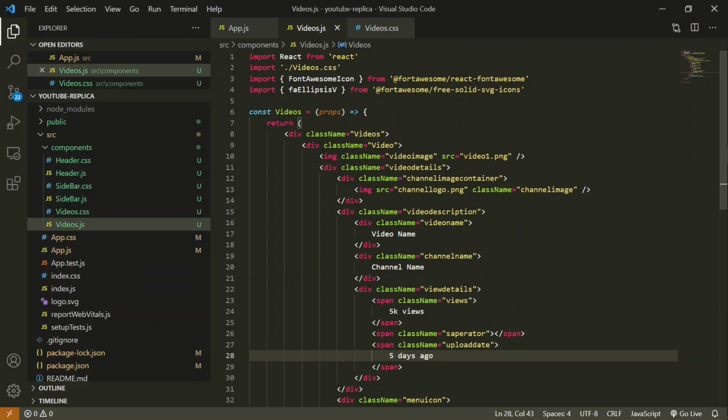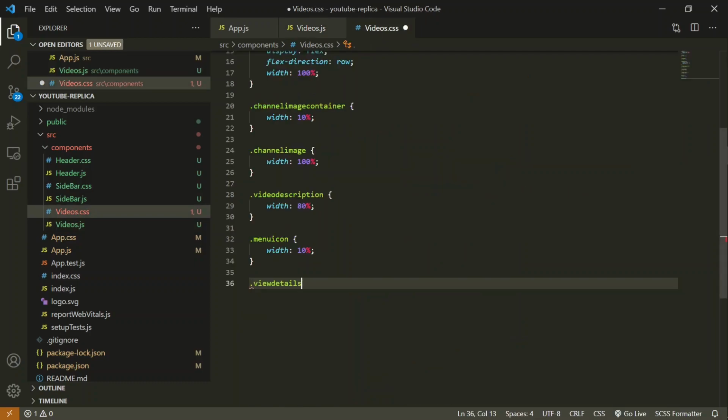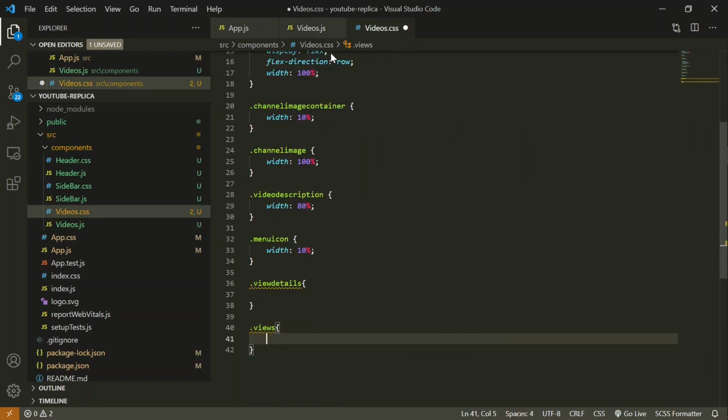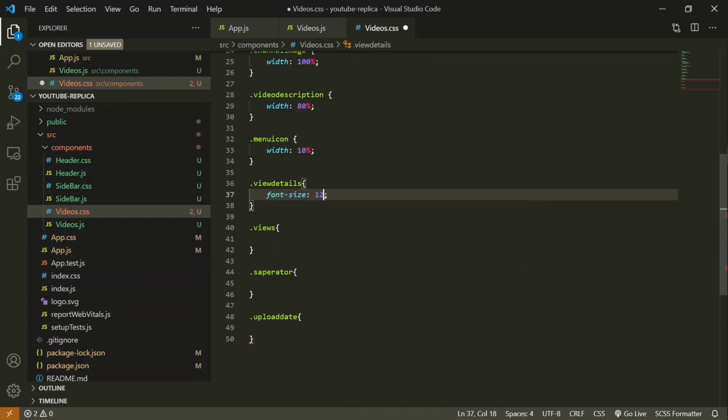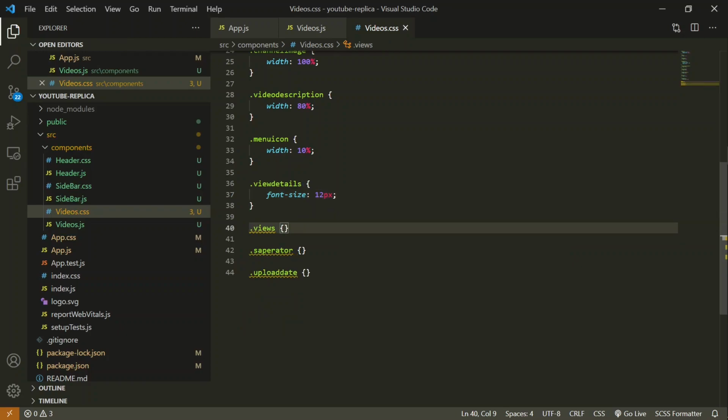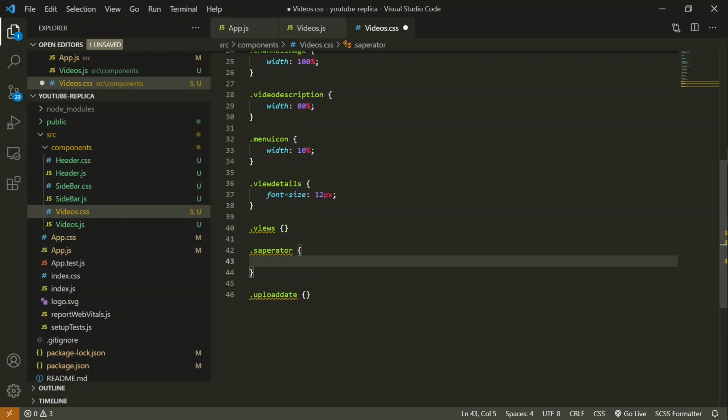So now we have to add the CSS to these class names. So first for the video details, and then for the views separator. For the parent component we will just provide font size 12 pixels. The views and upload date we will add the CSS later. First we have to design the separator.